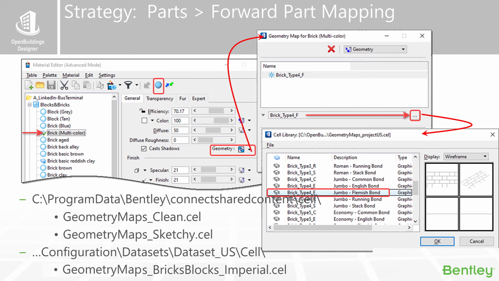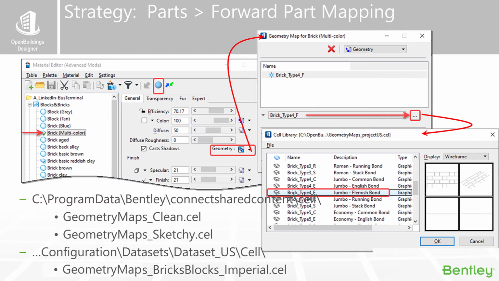The settings are simplified for those, and there's a little blue circle up there that indicates it's basically a toggle between the settings for PBR materials versus what we call the legacy settings. You actually do have to go back to the legacy settings to be able to apply the geometry map. You can then switch it back to the PBR materials. It'll still read the geometry map, but that's where you have to set it.